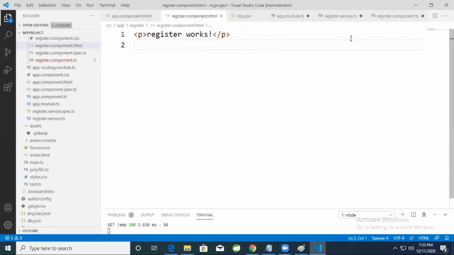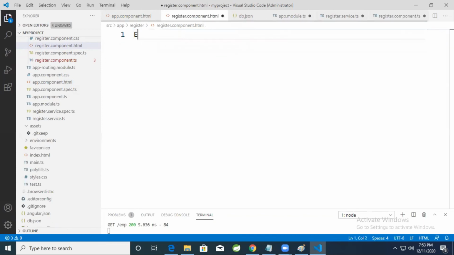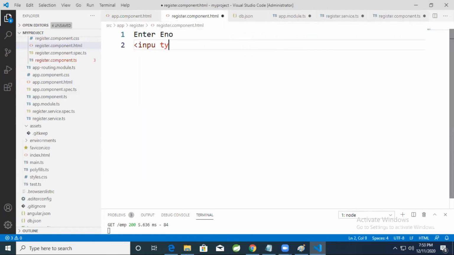Here you can see. Okay, now here I will try to design the form like enter employee number. Here I'll try to take one text box. Input type is equal to text, and here you can use ng model. Ng model is equal to give the TypeScript variable name for data binding.